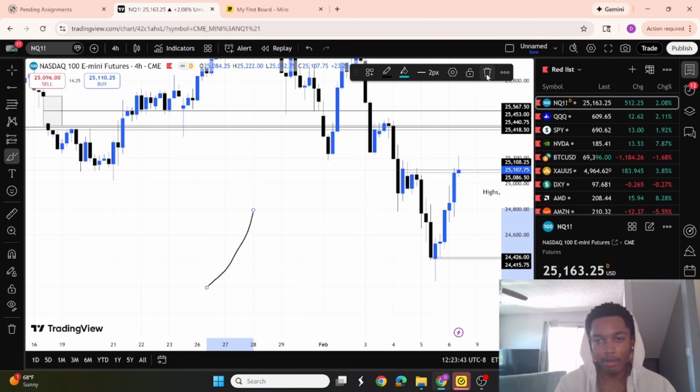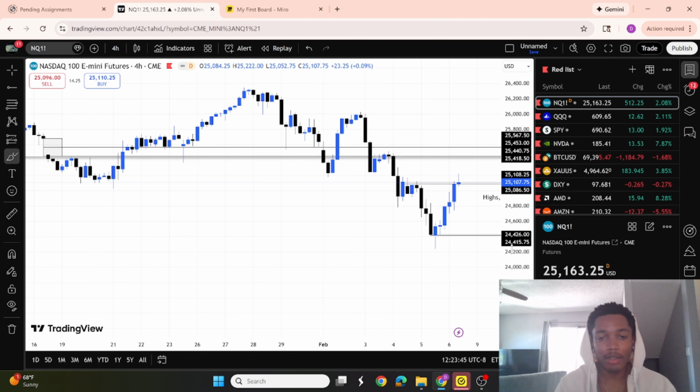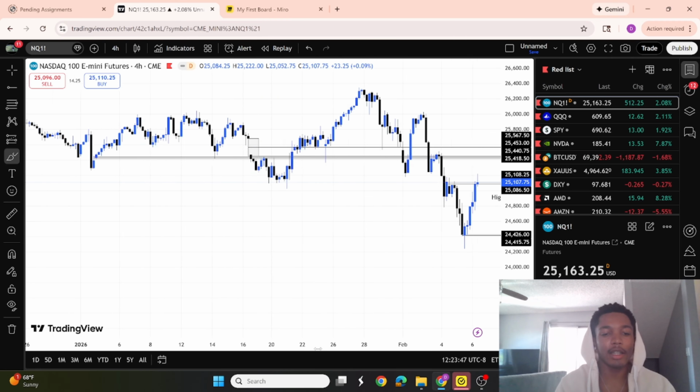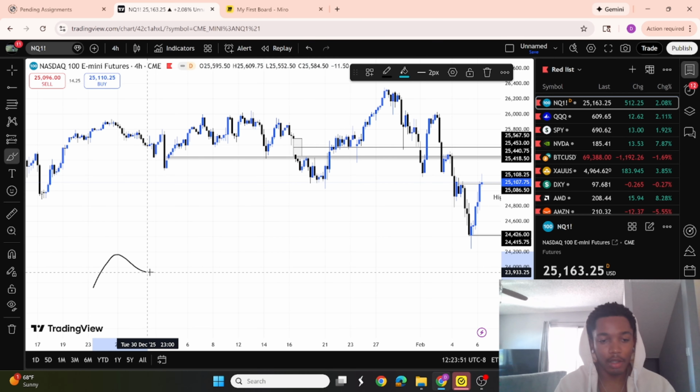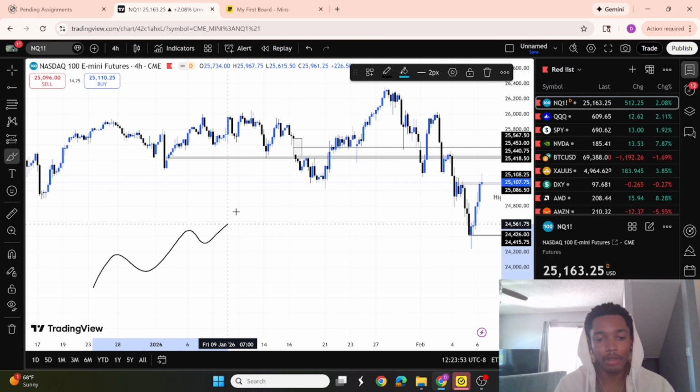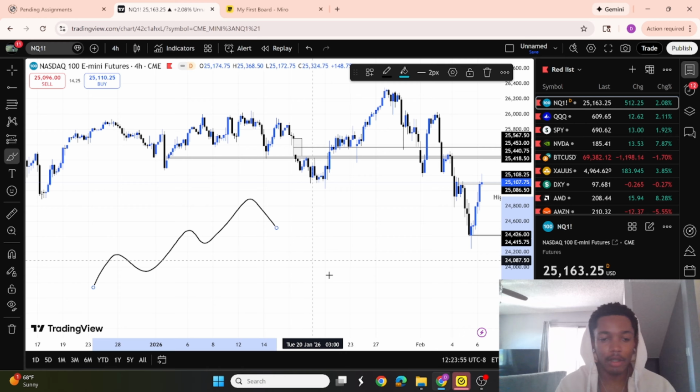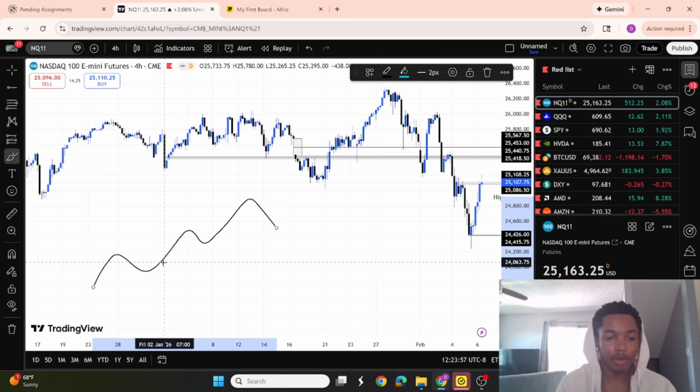How does the stock market move? It moves in trends. So you'll see in an uptrend, which will look something like this: highs, lows, higher highs, higher lows, higher highs, higher lows. Okay? And with that,